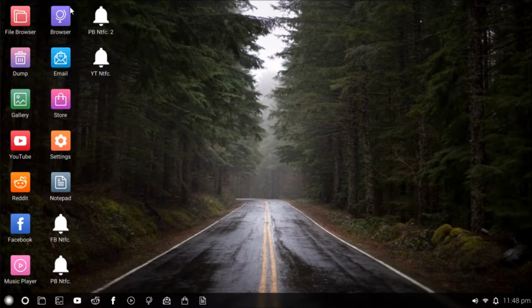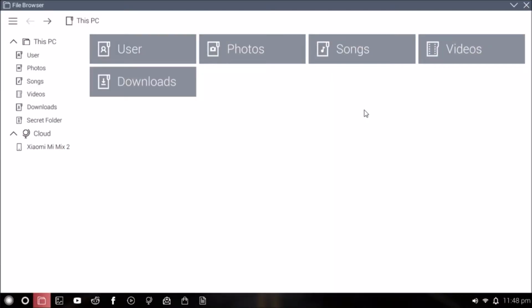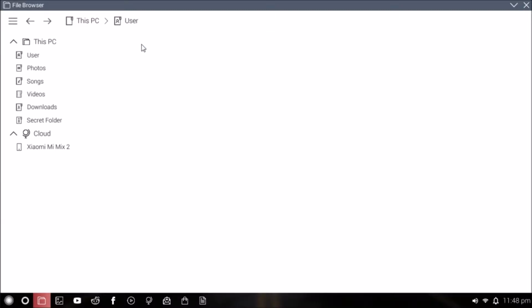So look at some of the icons right here. We'll look at the file browser, or the file manager, as I like to call it. Very simple file manager, and all the windows open in full screen, by the way. So user,